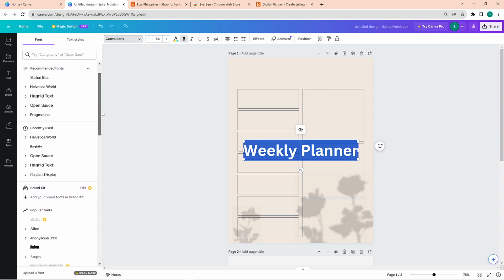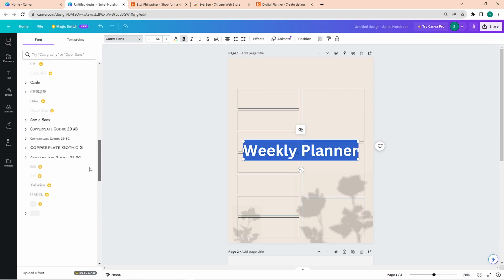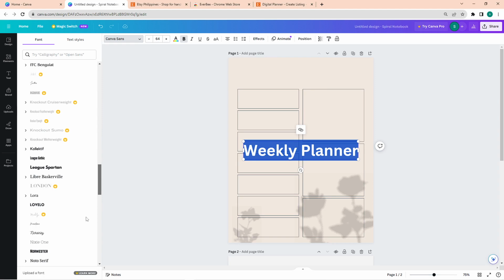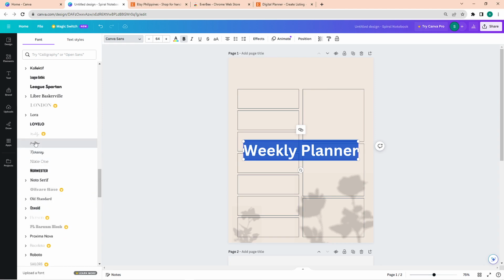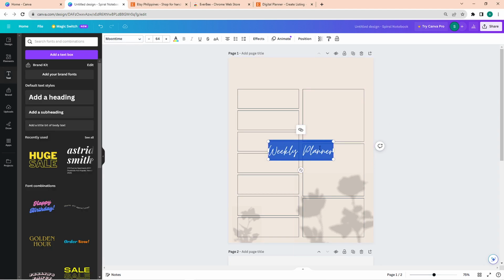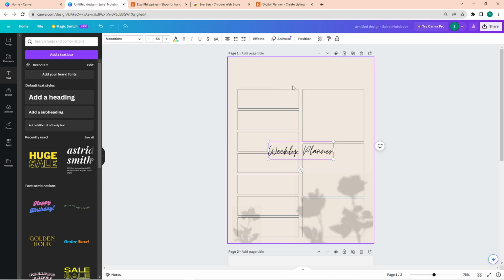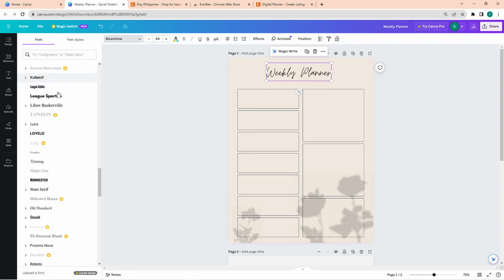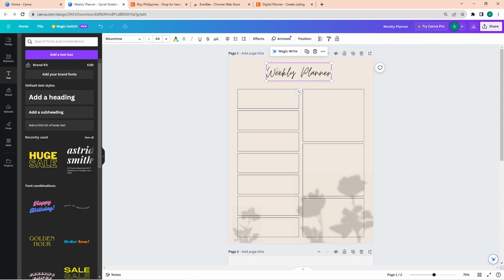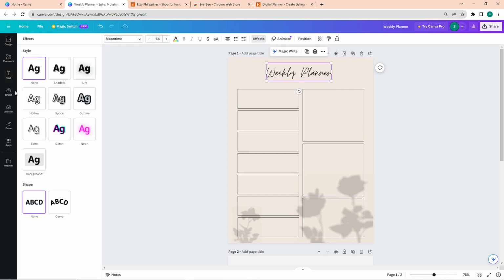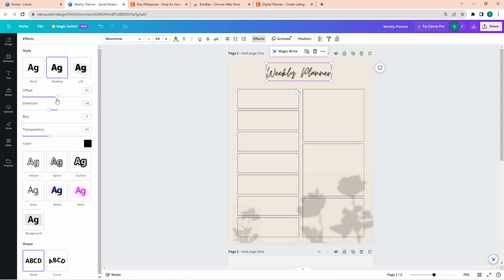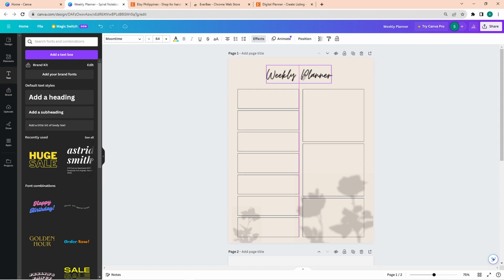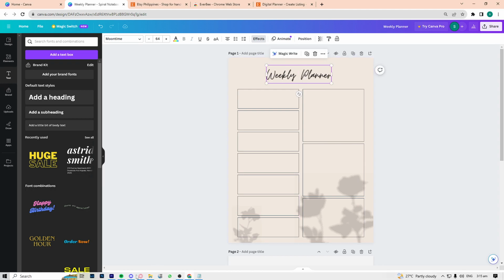And to change the font, just highlight the text that you want to change first. Then click on this font type. It's on the upper left area of the screen, and then the available fonts will show. Just take note of the fonts with these crown icons, since these are the fonts that you can only use if you are subscribed to their Pro plan. So I will just choose a cursive font, a free cursive font for the title, and then let's adjust its